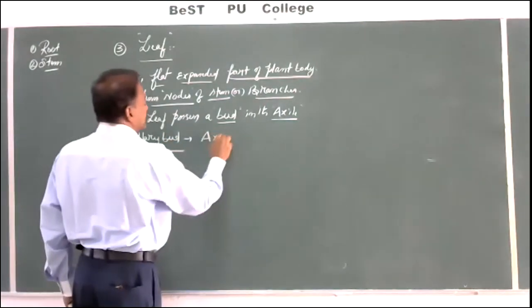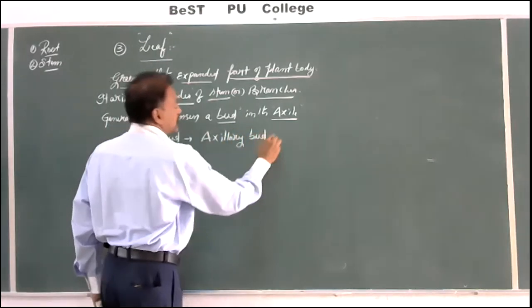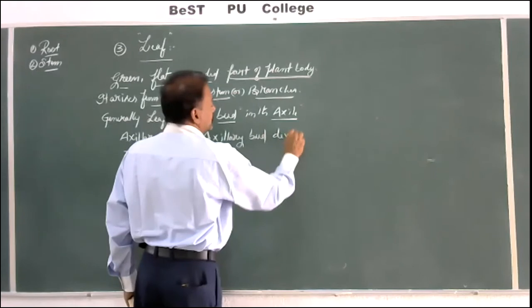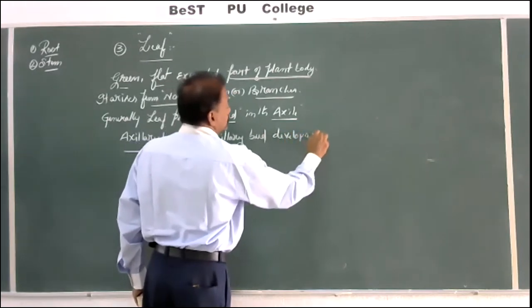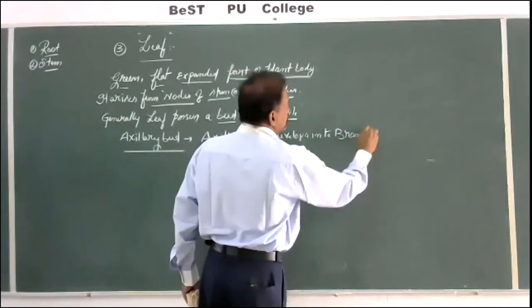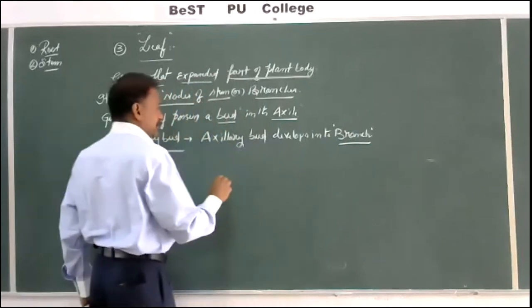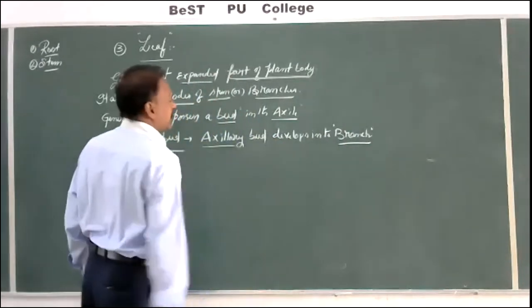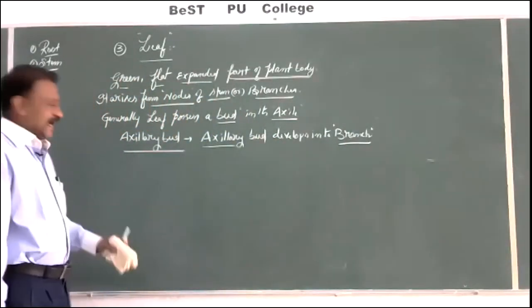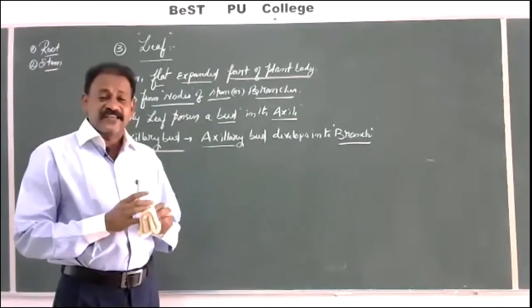Axillary bud develops into branch, and from where this leaf is originated